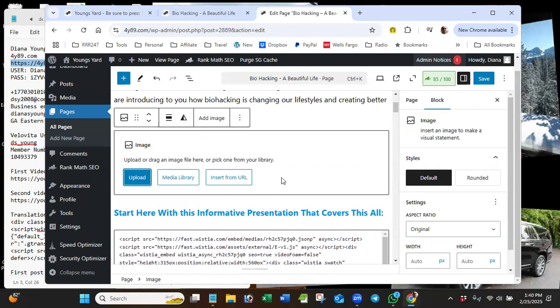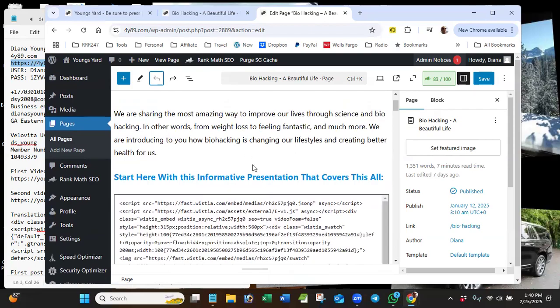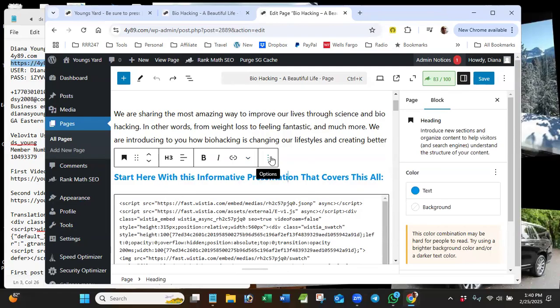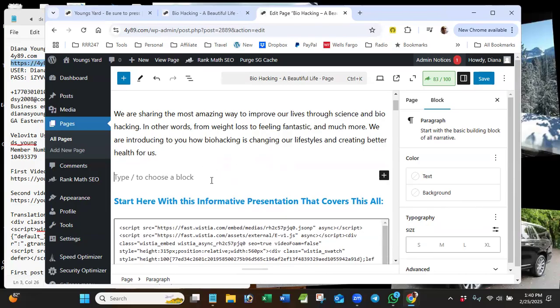And that doesn't always show up. So let me show you another way that always will be available. Let's say you wanted to put your image right here, and you're not getting a plus sign, but let's just pretend you weren't getting it. When you click in the box, whatever the block is, above or below it doesn't really matter, because these three dots on the menu that pops up pertain to this block. One of the selections is add before and add after. So I'll click on add before,